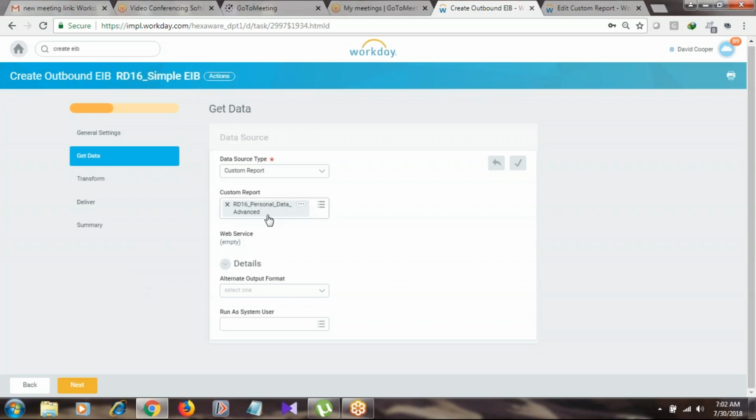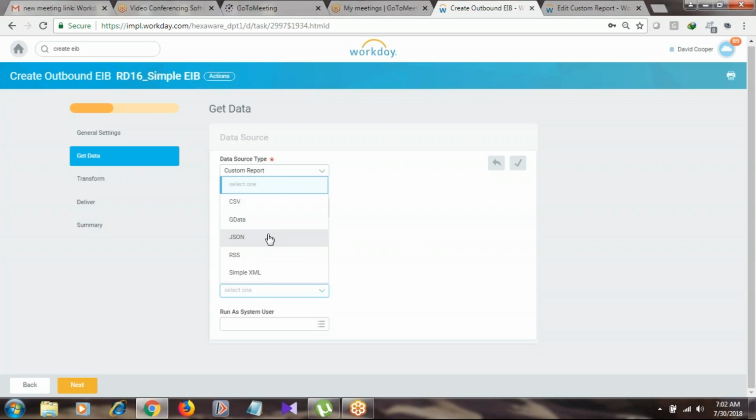It will generate an output file with the XML output. Since we enabled this custom report as a web service, we have options to choose these many output types. But some, like DAT file, text file, .txt file, comma separated files, are not available. Workday has given these options, so we can use them without making any changes or coding.